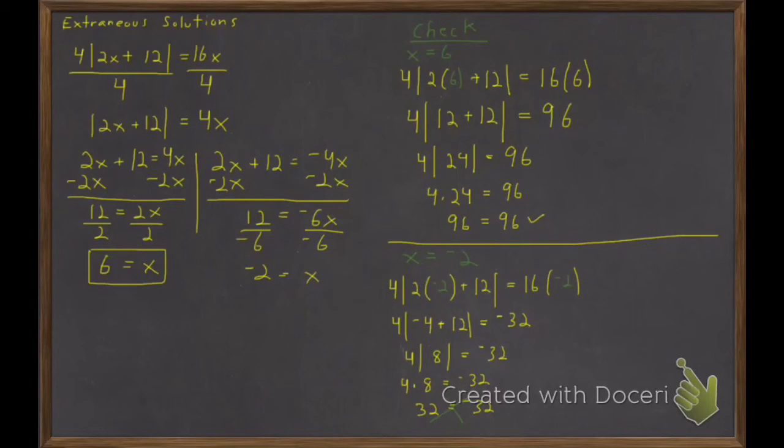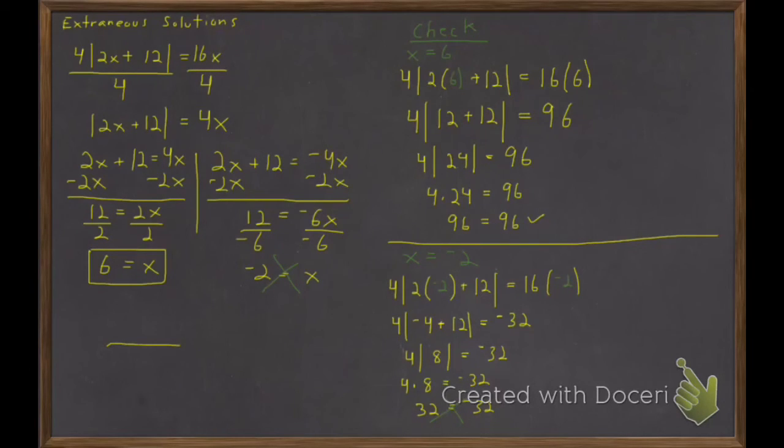And since this is incorrect, we cannot take x equaling negative 2 as an answer for the equation that we had above. Therefore, that's an extraneous solution, and we only have one solution of x equaling 6 that makes the absolute value equation true. If we were to graph this answer on a number line, we would have our number line